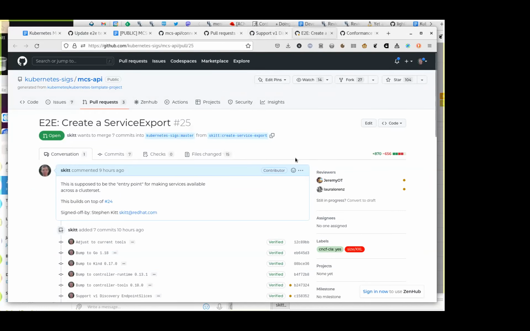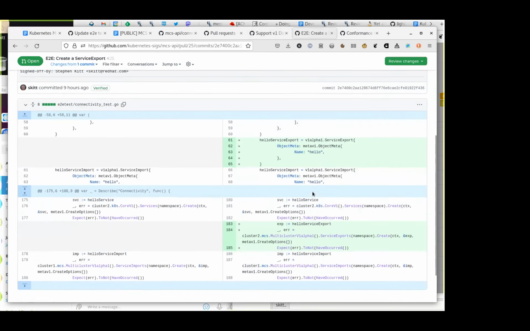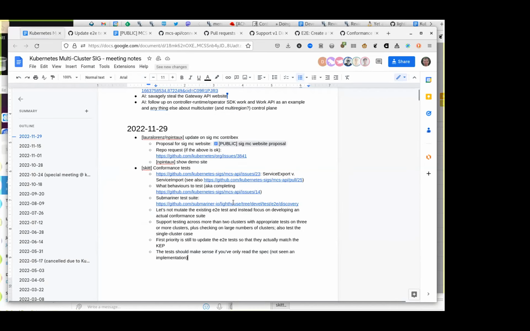And then there's this one where I add creating a service export. This allows Submariner to pass the set phase of the test, and then it fails the test itself because both tests rely on having a single cluster set IP, which Submariner doesn't implement.